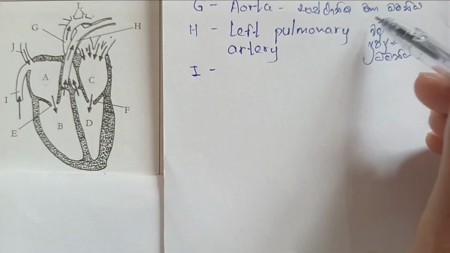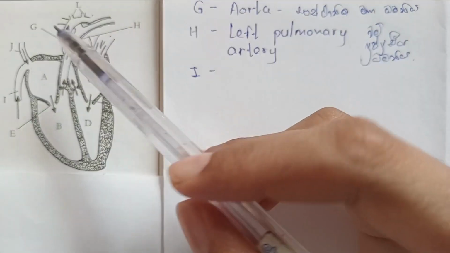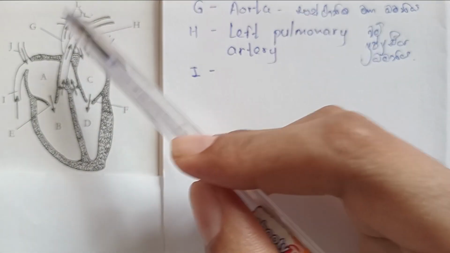And also the aorta, so you can see that there are two